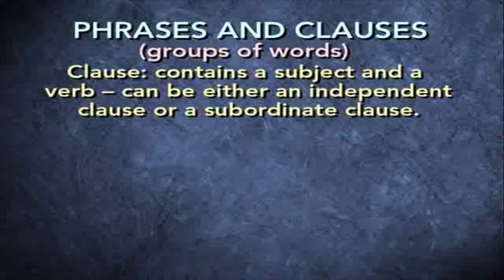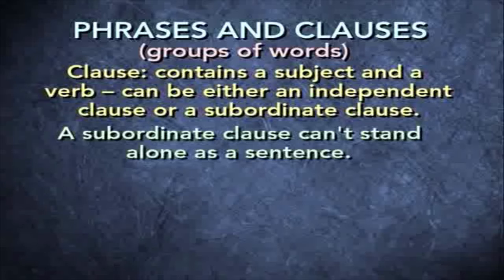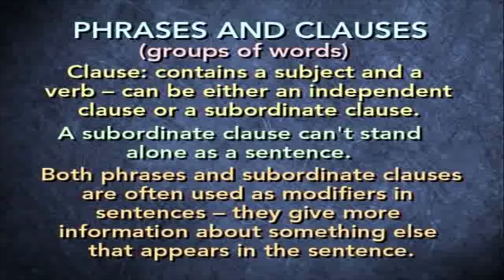And a clause can be either an independent clause or a subordinate clause. A subordinate clause can't stand alone as a sentence. Now, as we'll see in a moment, both phrases and subordinate clauses are often used as modifiers in sentences. In other words, they give more information about something else that appears in the sentence. In that sense, these phrases and clauses are being used very much like adjectives and adverbs. And there are a couple of special problems that can sometimes arise when phrases and clauses are used as modifiers. First, let's look at a couple of examples of how a phrase and a clause can be used as a